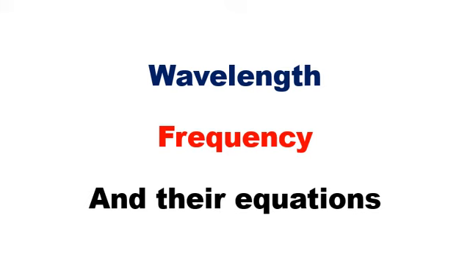Hello everyone. In this video, I'm going to talk about some basic characteristics of light, and we are going to apply them to study electrons' characteristics in the quantum model. First, I'm going to remind you that in the quantum model of atoms, we are going to focus on electrons' behavior.